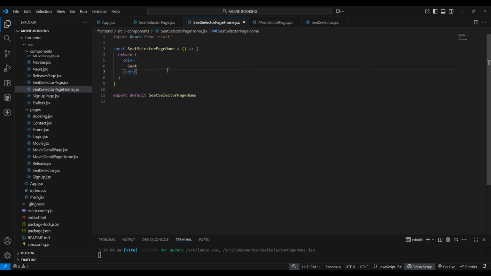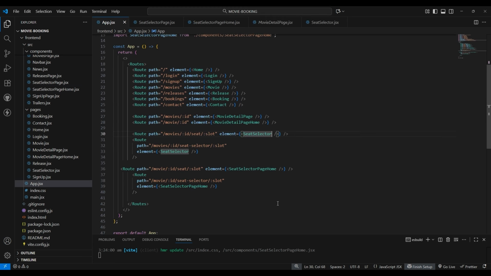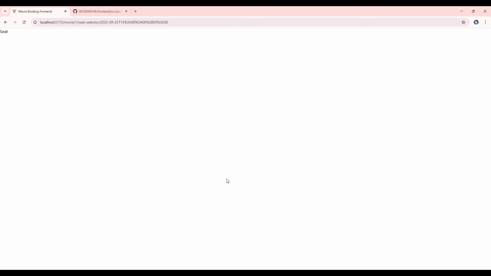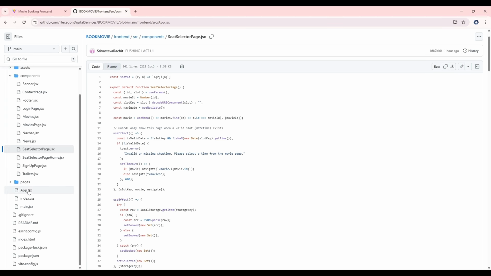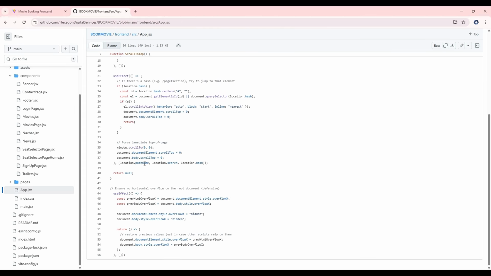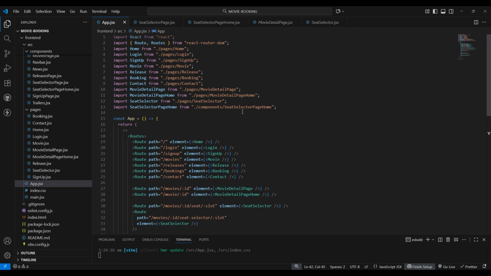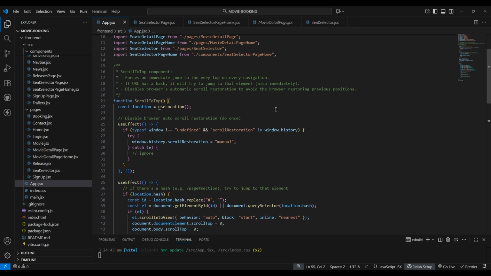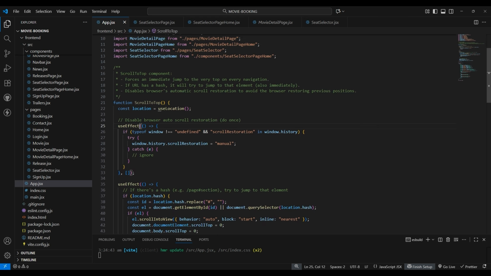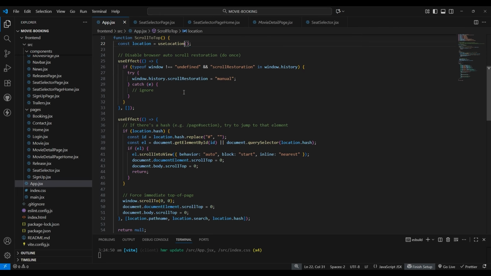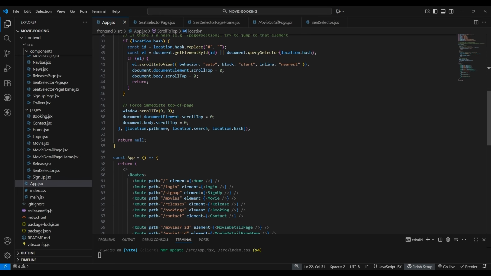So now in our app.js, let me scroll up and let's add a smooth scroll animation for this app.js. So for that, let me just copy this use effect hook from here, and it will be our scroll to top component, so that we can scroll up in a smooth behavior. So import our use effect, import our use location hook, then we have to scroll down. So this is our